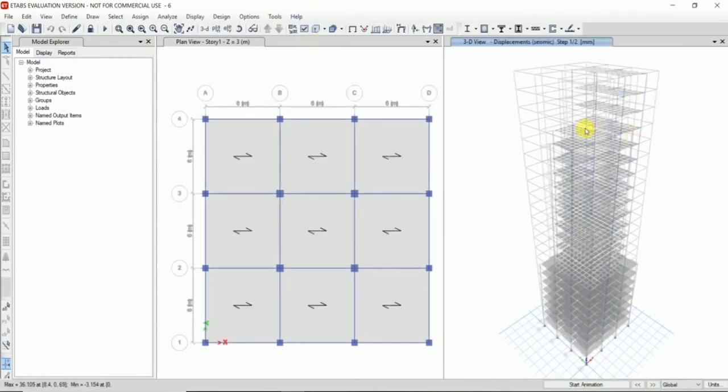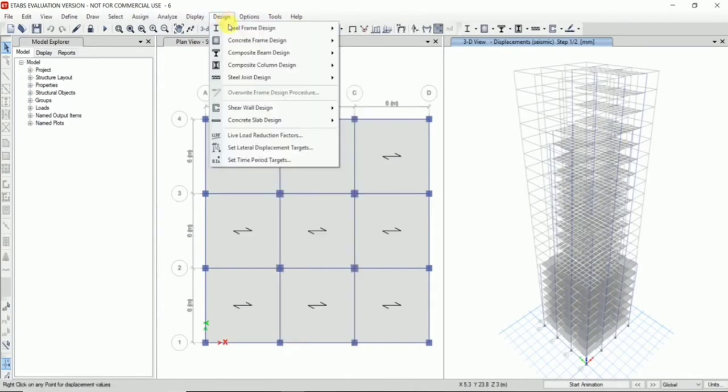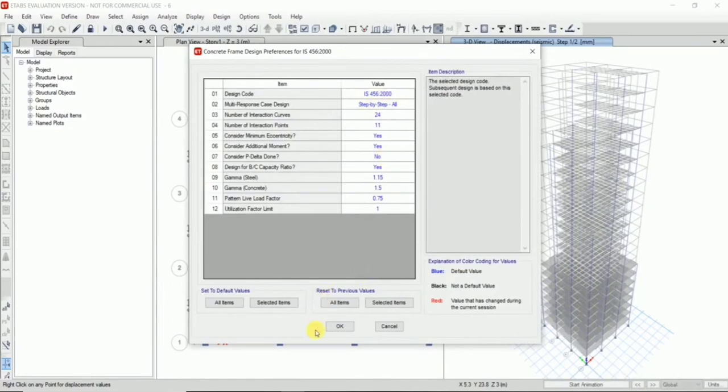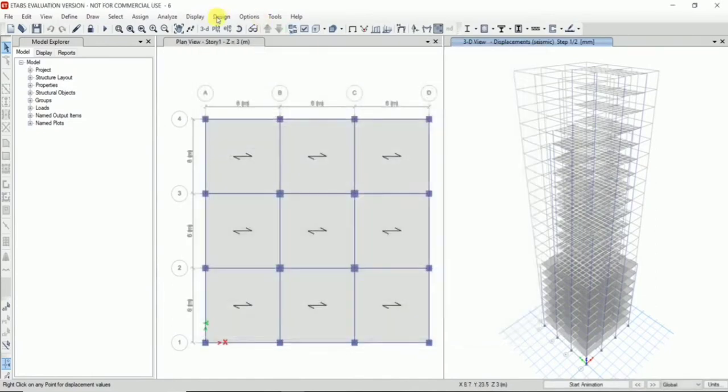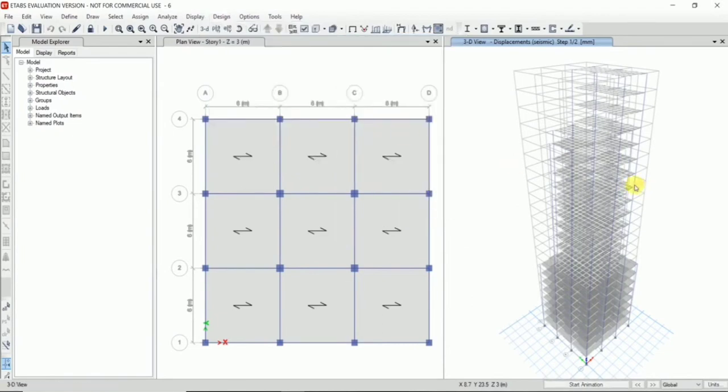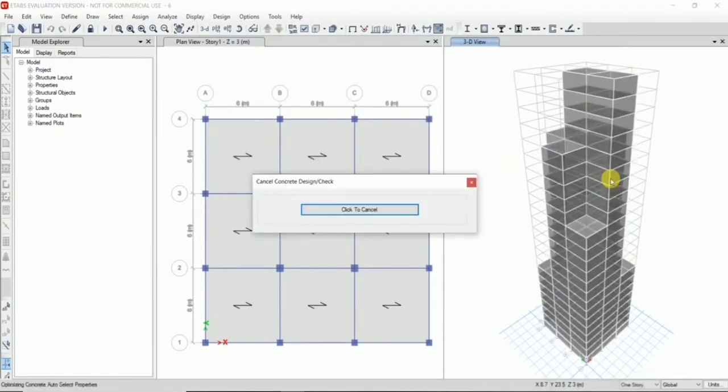Now we go to the design menu, concrete frame design, and click on view/revise preferences option. Here the design code must be IS 456 2000. Then again in the concrete frame design option, select the start design check option. Wait for some time as the software runs design on our building model.